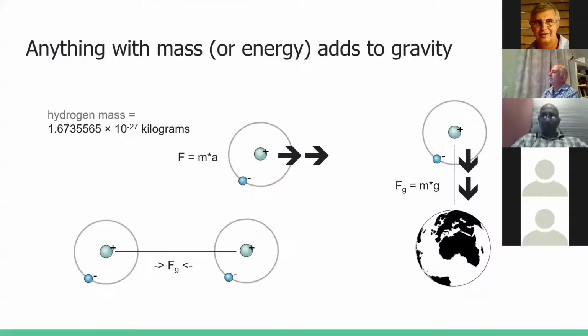When we talk about gravity, we need to maybe discuss what gravity is first. Technically, we would say that anything that has mass adds to gravity and is subject to gravity. So anything you can think of that has mass: I've shown here hydrogen, but electron, proton, neutron, as small as you can get, and as large as you can get, of course, suns, stars, and black holes.